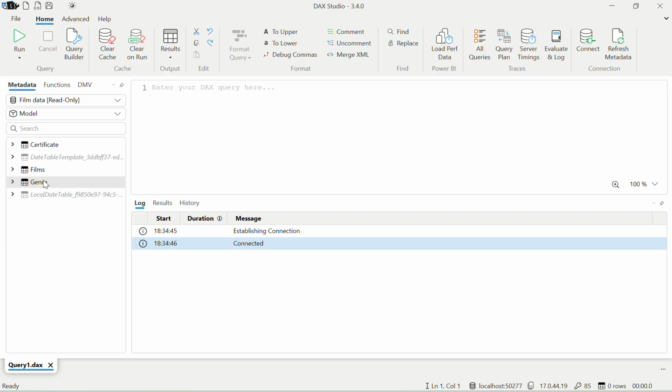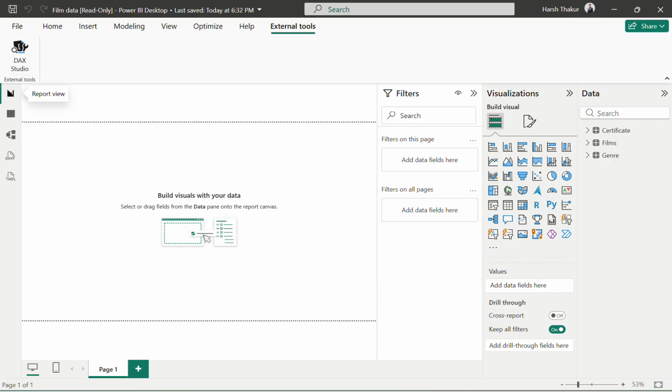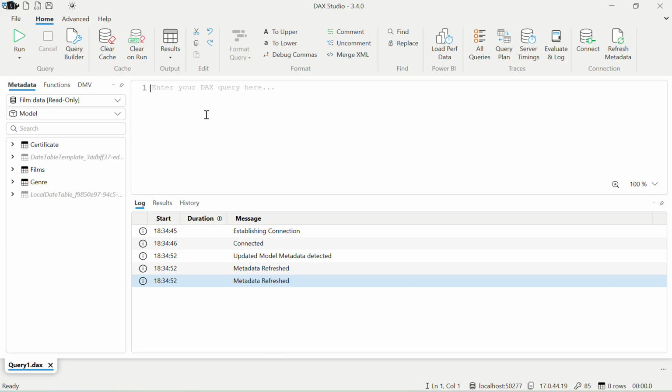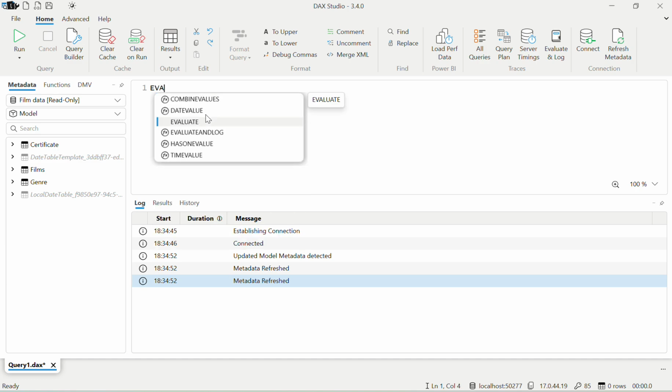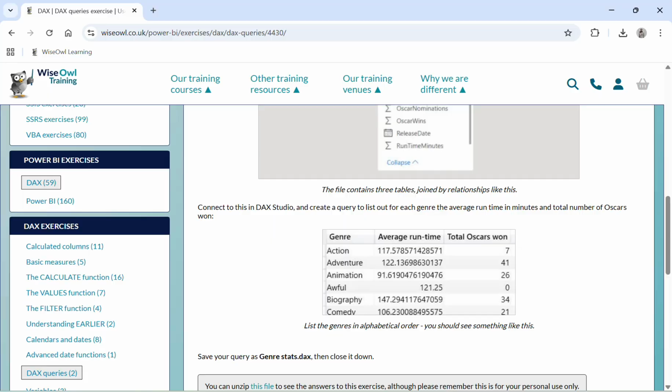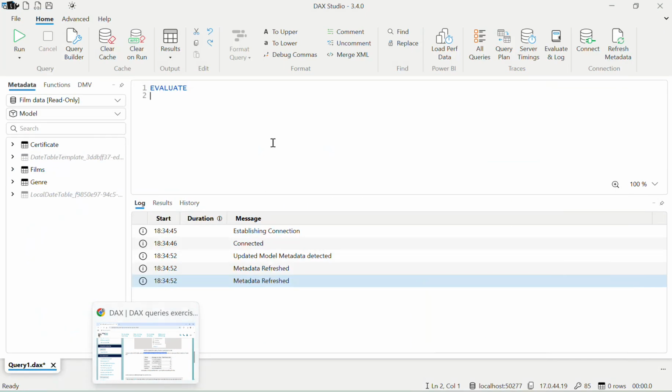So we have the film, the genre, and the certificate, right? All of these tables are here, three tables. Now we will write a query, right? So this query starts with EVALUATE, and then understand the situation. We need to find out the list of each genre's average runtime, right? So we will be taking the SUMMARIZE function,